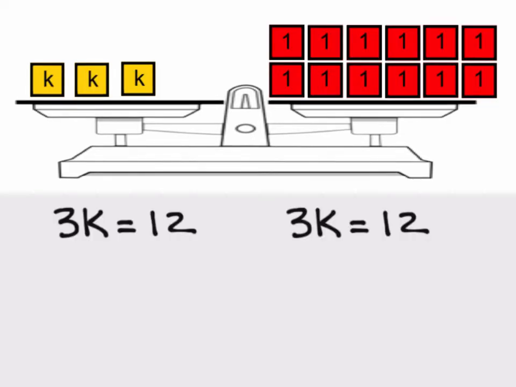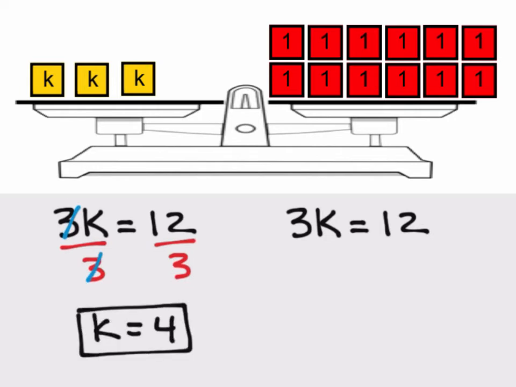All right, let's try using this property to actually solve some equations. For instance, 3k equals 12. Now, we don't want to know what 3k equals, we want to know what k equals. So what we need to do to isolate k is we need to find 1/3 of 3k. So looking at the equation, we can either divide both sides by 3, or we can multiply both sides by